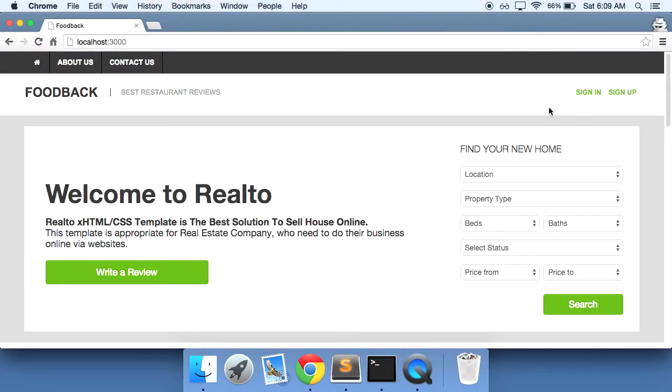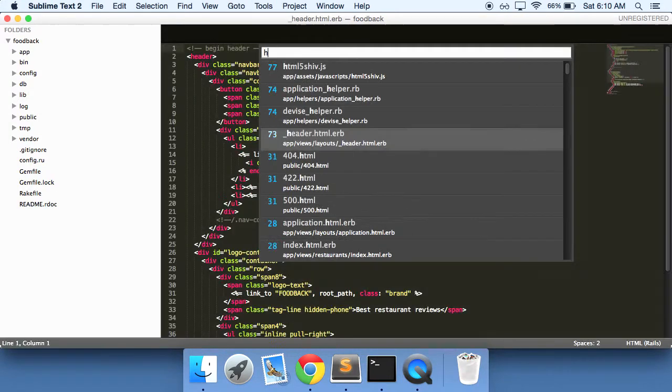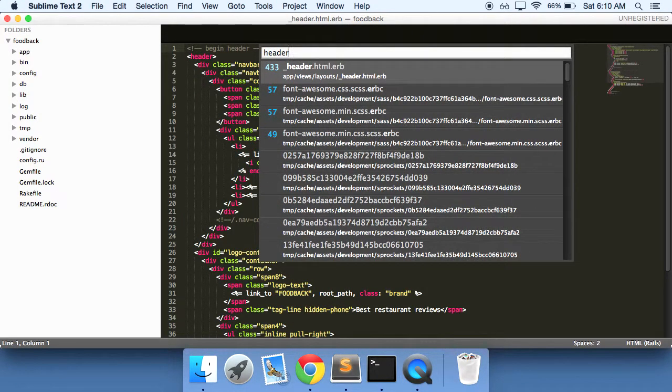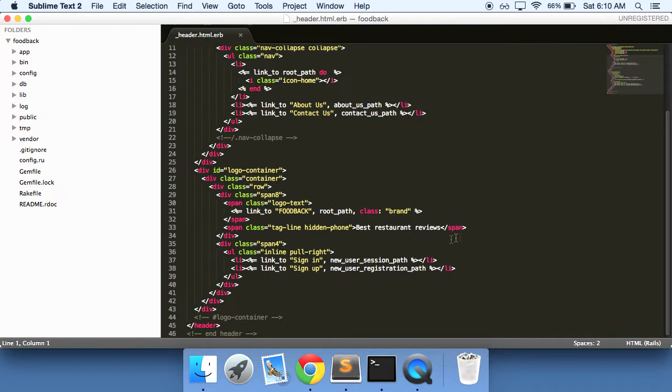One of the first things that we probably should have done earlier on was to create conditional links right here, so that if you're signed in, you have the ability to sign out, and if you're not signed in, well, then you'll get these two links right here. So we can do that right now. If we go into our header file, down at the bottom,